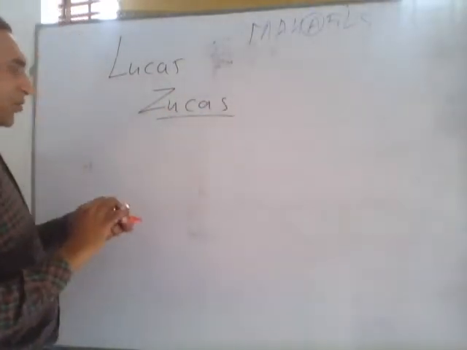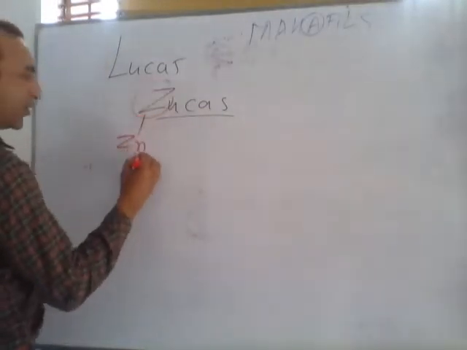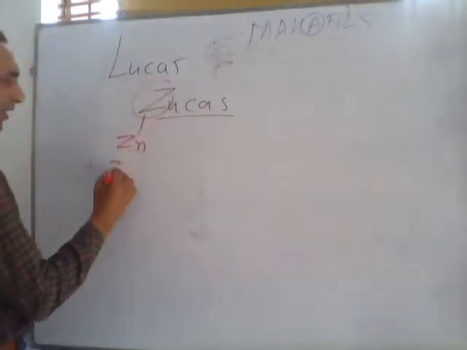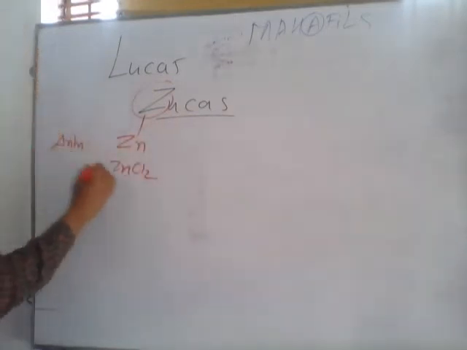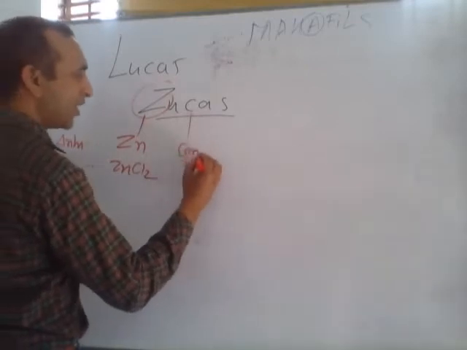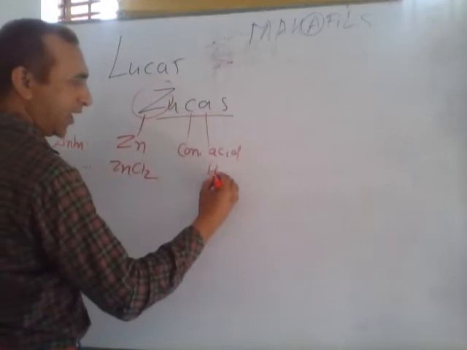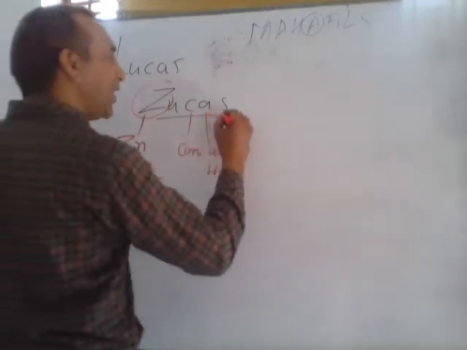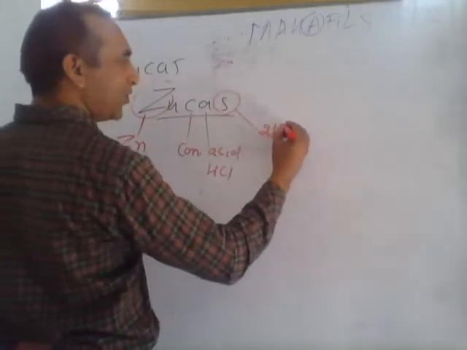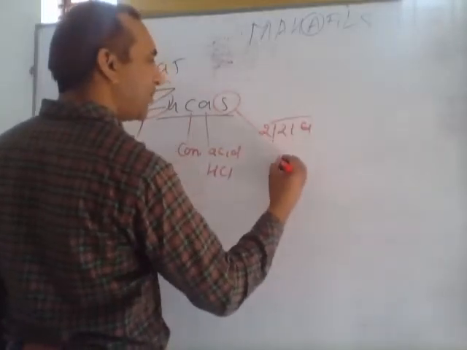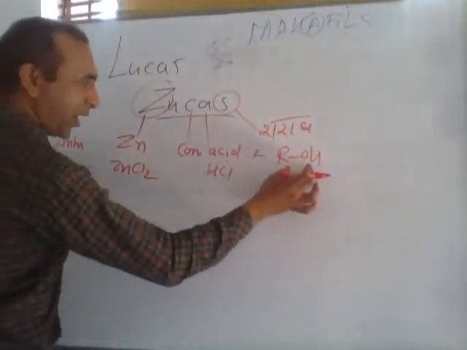To remember the Lucas reaction, we write ZCAS. Listen to the meaning of ZCAS. Here Z stands for zinc. In the reaction we use zinc, that is zinc chloride, and this should be anhydrous, meaning without water. C means concentrated, A means acid, and the concentrated acid you use is HCl. And S in Hindi is used for sharab. Sharab means alcohol. So we start in reverse: alcohol